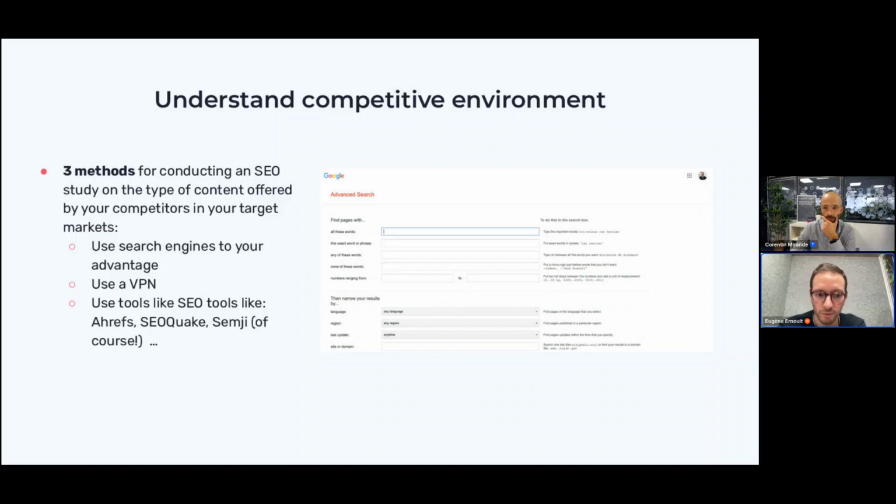It will help you to see the results based on a specific country. There are ways to do it in the advanced search of Google to say that you want results as if you were in a specific region, but most of the SEO tools today help you do that faster. Or of course, as you said, use a VPN